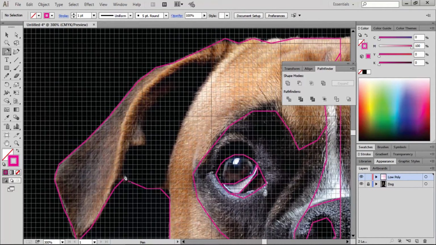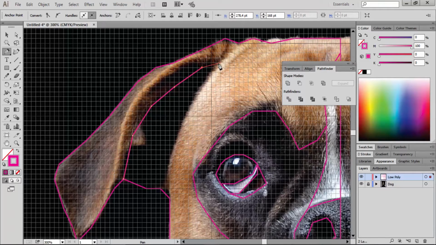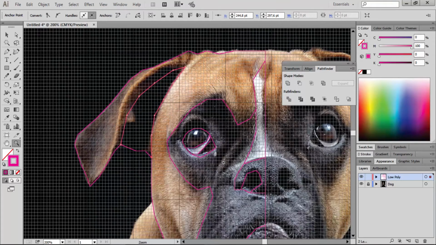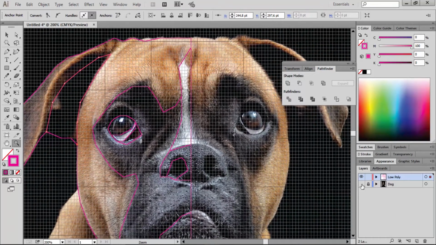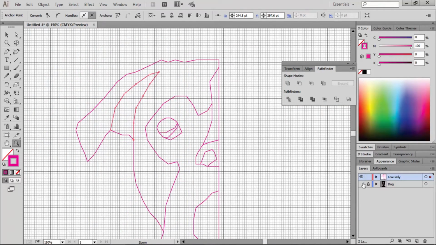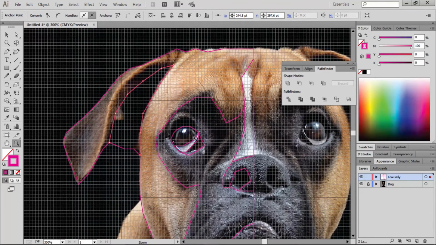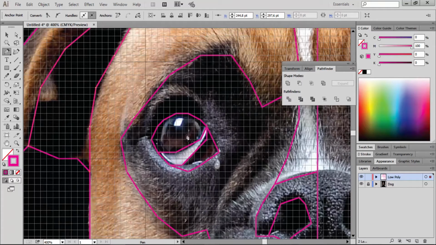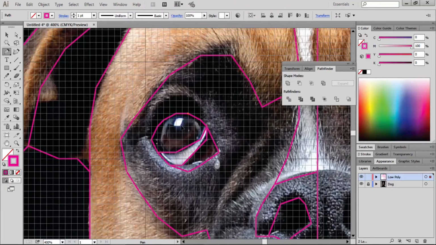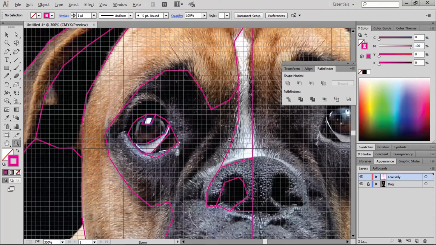We can now draw this dark area on the ear. That way we could finish this. Let's just close it around here. And now if we shut this layer off, we can see our dog's face. I think we have to draw a little square over here so that the eye has some reflection. That will come very handy later.